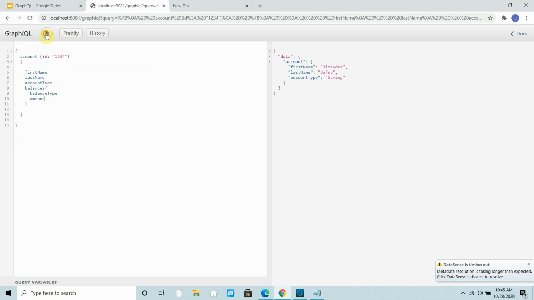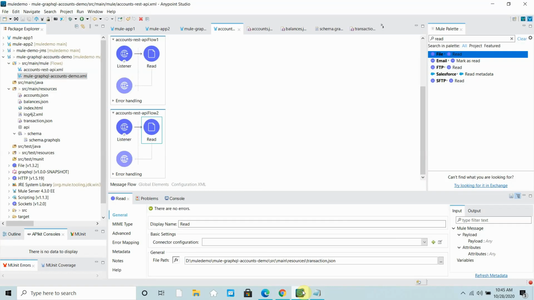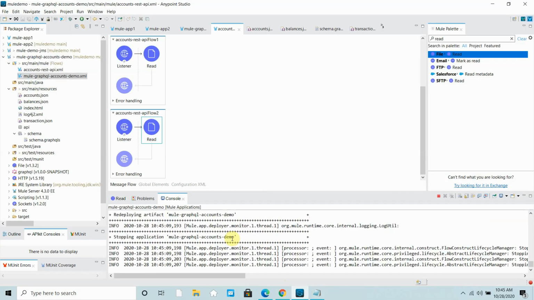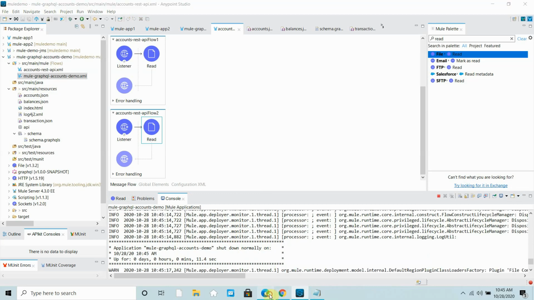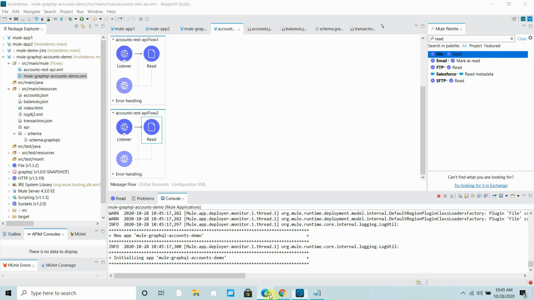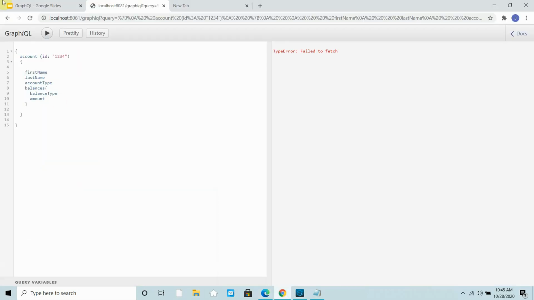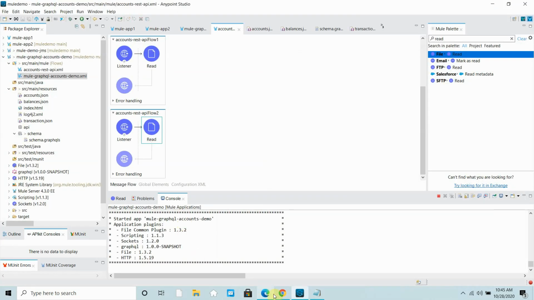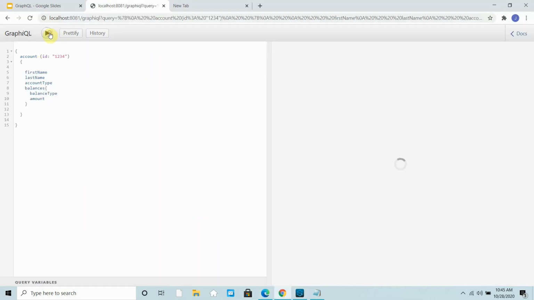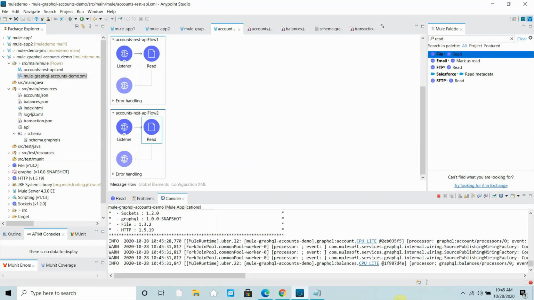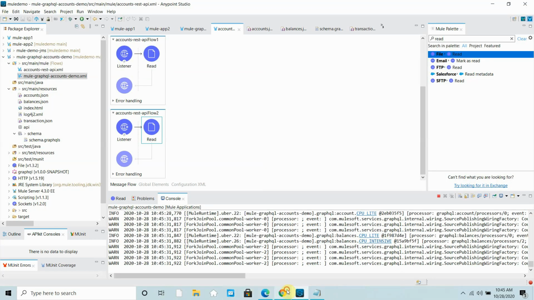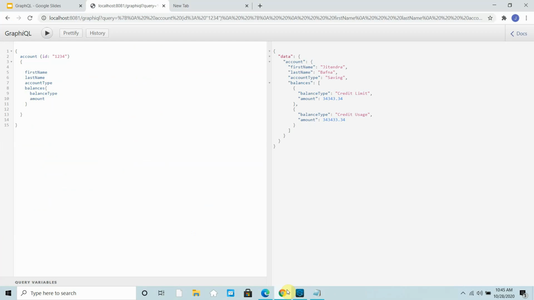You can send the request. The application must still be deploying, so you can wait. You may get an error or it may time out because the application is still deploying, but we haven't added anything for transaction yet. You should get the response. Okay, we got the response.